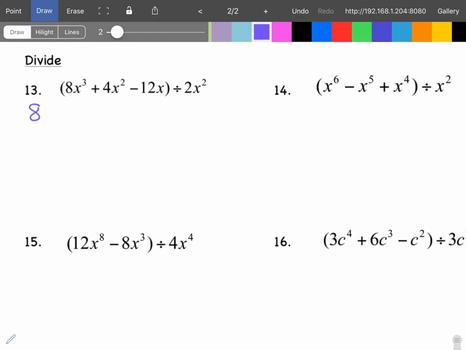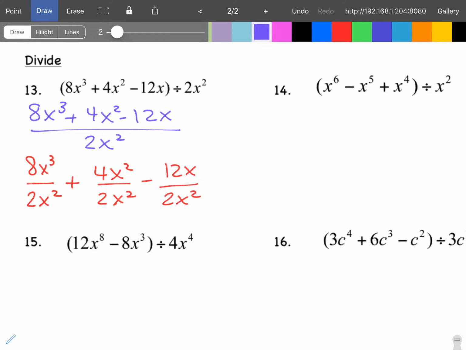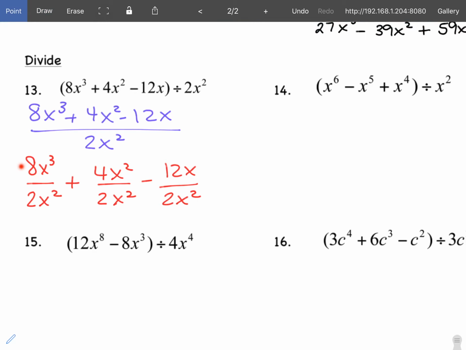Now, at first, you understand that division can be written in fraction form. So really, we can write the same question and it looks like that. I like to take the 2x squared and write it underneath each of the terms. So I prefer to write it like this. All right, and then when I look at this first